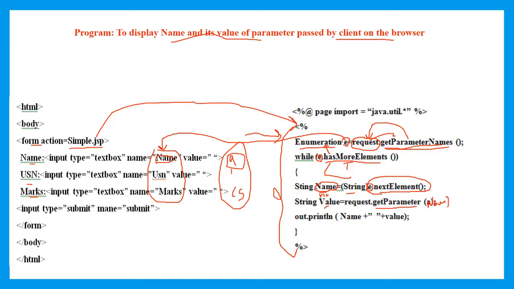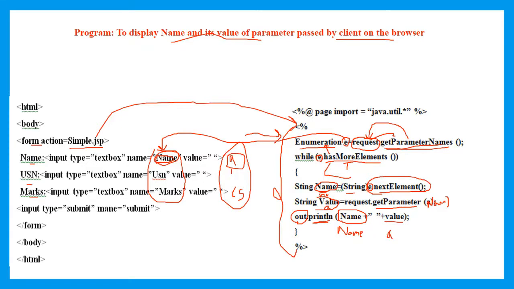Now I am printing the result. To print the result, we will make use of the println method which belongs to the PrintWriter class. The default object of the PrintWriter class in JSP is out. With the out object, I am calling the println method. Now this name contains the name of the field, so I am displaying this name. Then the value which has been passed to the field name is A. Here I got the value, so I am getting A as an output. Now control will be moved to the